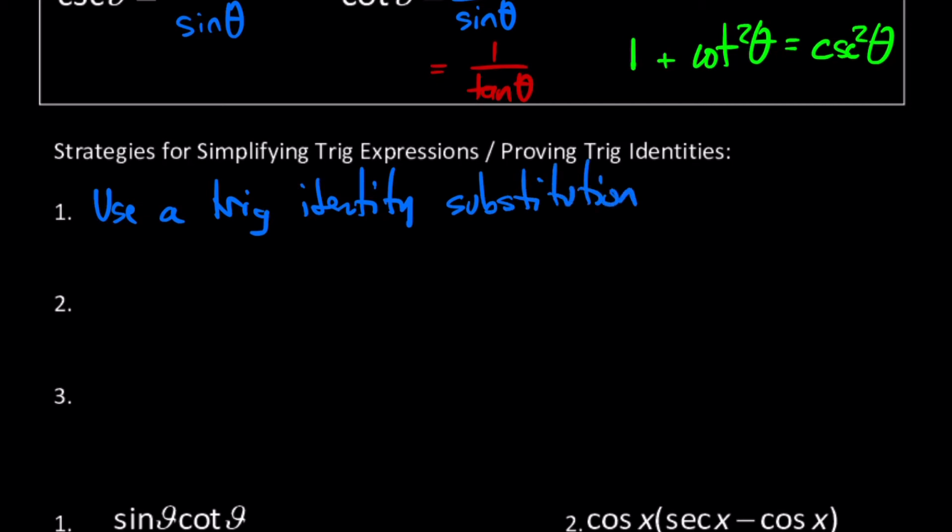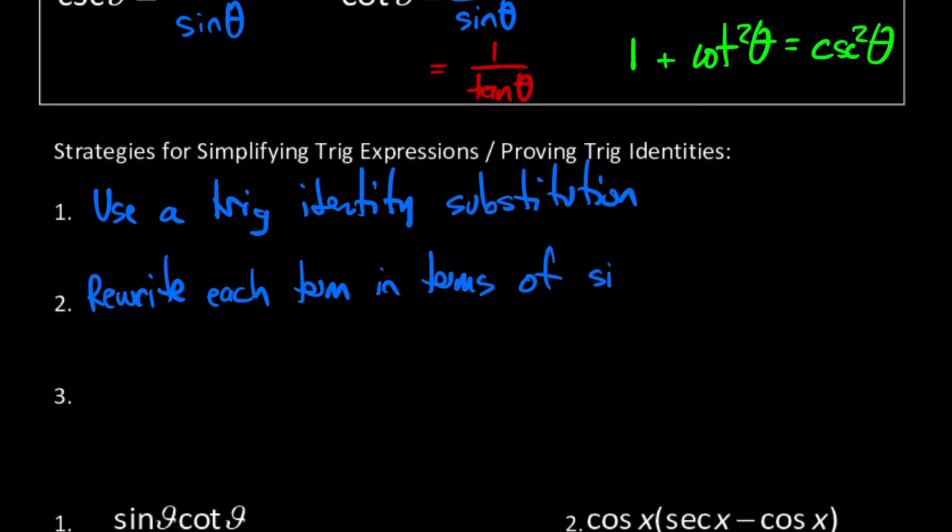So that's kind of like what I said up above. If you have a 1 minus cosine squared, you could replace it with a sine squared. Second, and this is probably the one we do most often, rewrite each term in terms of sine theta and/or cosine theta. So if I'm given a tangent theta, I would replace it with sine theta over cosine theta. And lastly, probably the most challenging, use